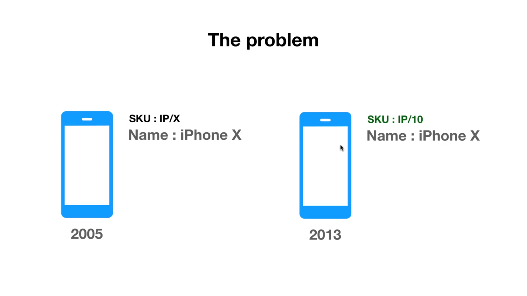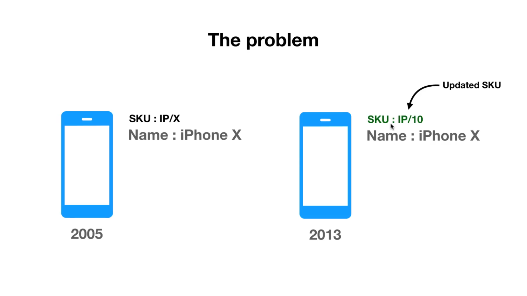But in 2013, we actually had an updated SKU, let's call it IP/10, but they're still nearly exactly the same product. So in order for me to launch that solution to the production line and have accurate data, I needed to make sure all the old data were updated correctly to the new format,